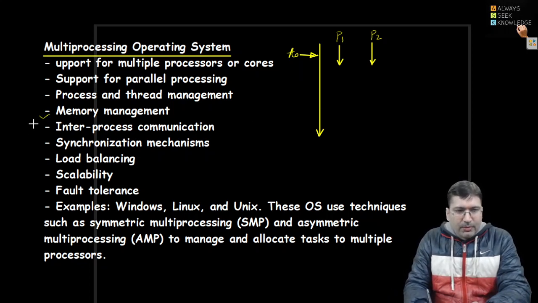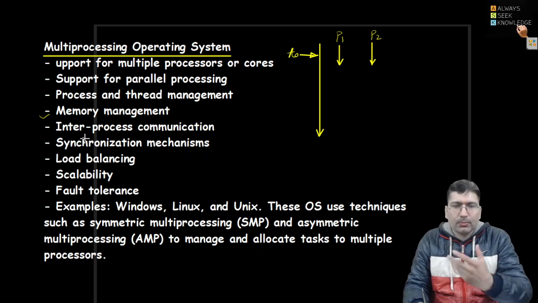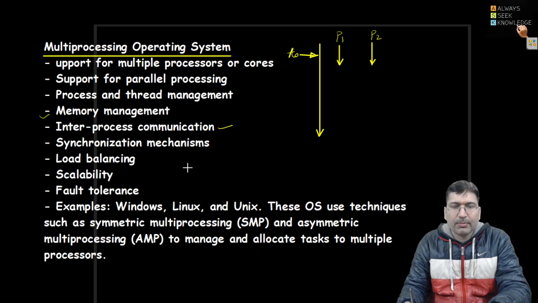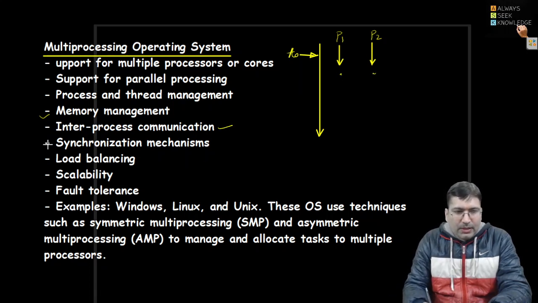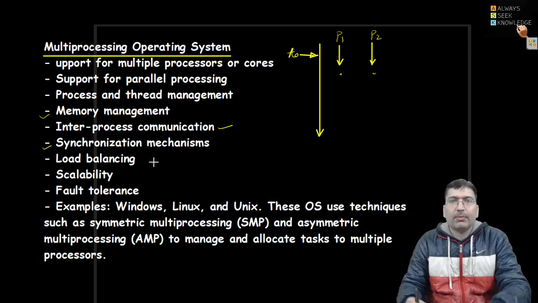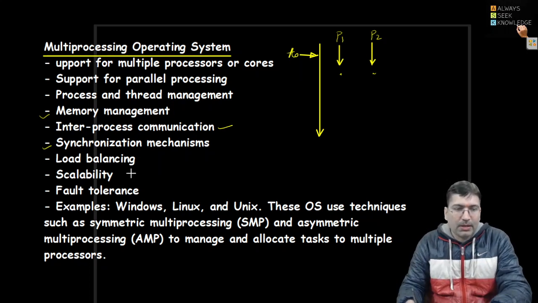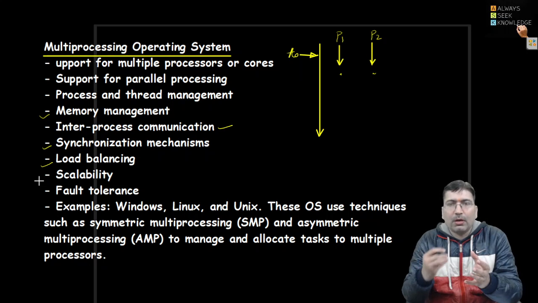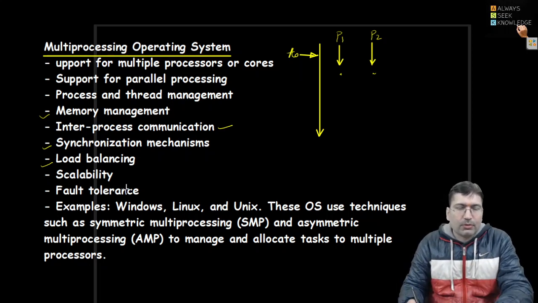So memory management is required and they provide effective memory management because multiple processes can be initiated. Inter-process communication is also implemented. These processes can communicate. Synchronization of the processes is necessary because when we are initiating multiple processes, we need to synchronize the behavior of those processes in order to maintain consistency in the system. Load balancing: if there are multiple processors or multiple cores, on which processor how many processes are getting associated, this is also one of the roles of the